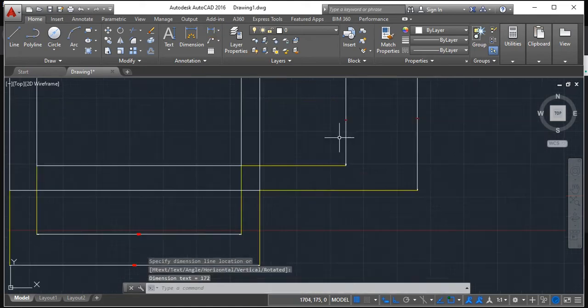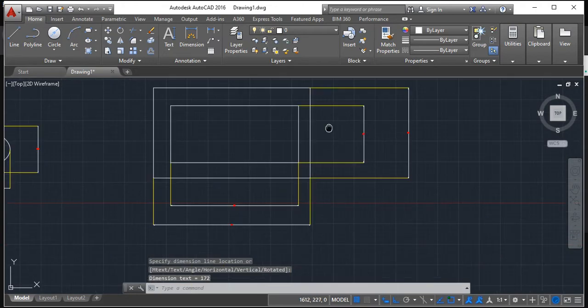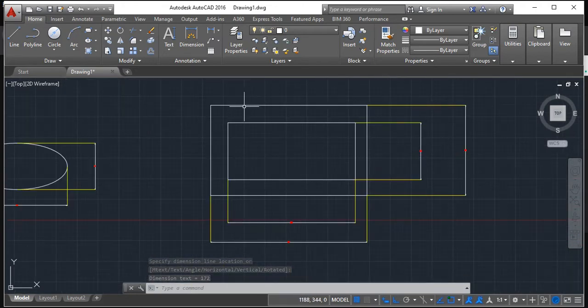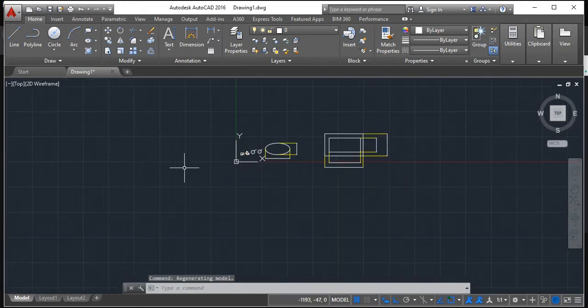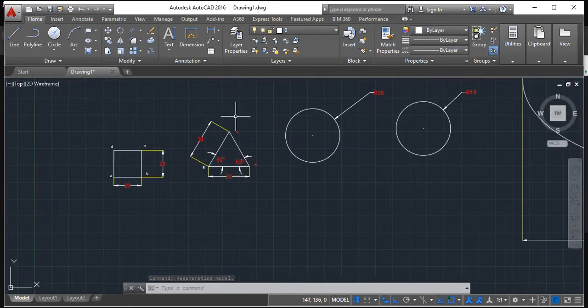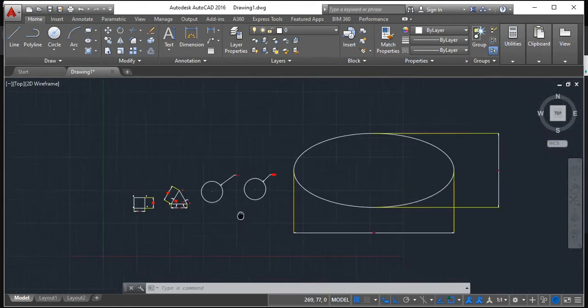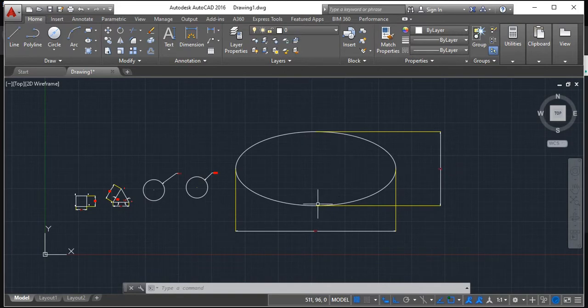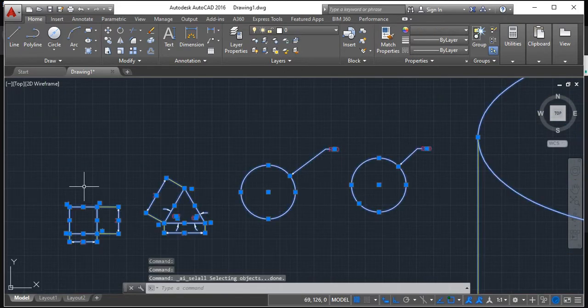Sir, every time we make a new dimension, does it change the font size of the markings? Yes, at times there won't be any change, but at times there might be. If you are planning to do all the things in one single space, then you have to be careful. Okay, dimensioning things will change because I'm just zooming in and zooming out for this. Okay, so did you understand till here?